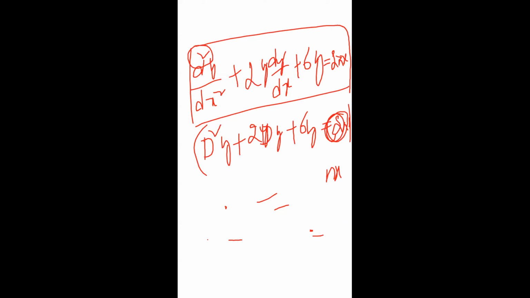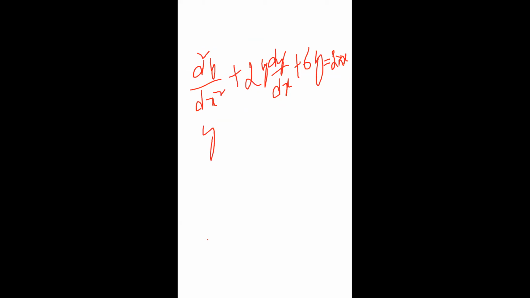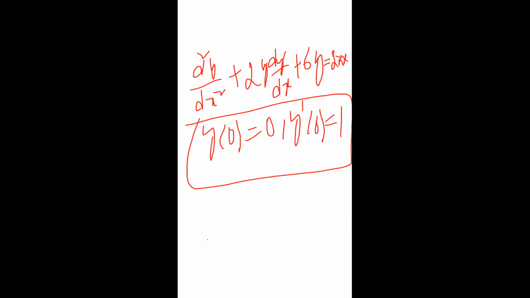So in the same problem, there is no complementary function and no particular integral. Simply we have to transform the given problem using the Laplace transform. But in using the Laplace transform, initial value conditions must be given. What are those initial value conditions? The initial value conditions are like y of 0 equal to 0 and y dash of 0 equal to 1. These are the additional values. This type of problem can also be solved in the higher order differential equation.